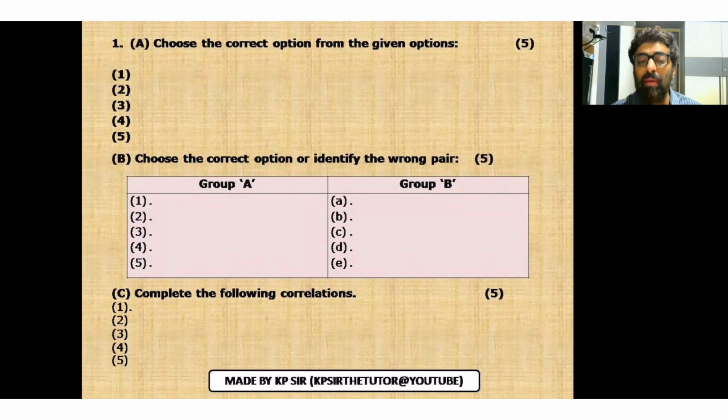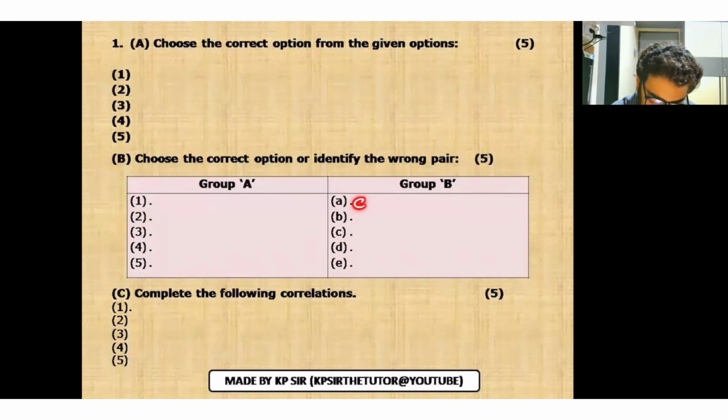Now in this, you have to remember. For example, in the first question, the answer is E. So when you're writing the answer, you have to write E over here. For example, the second question, the answer was B. So write B over here. For C, the answer was A. So write A over here. That is the way you have to write.